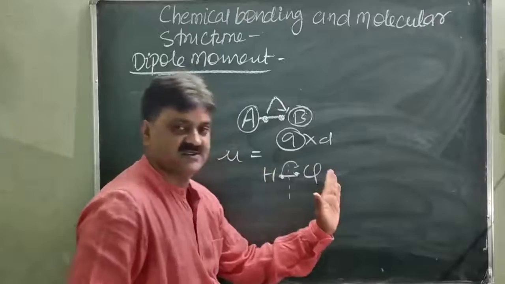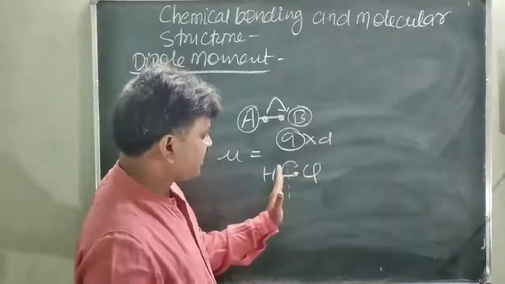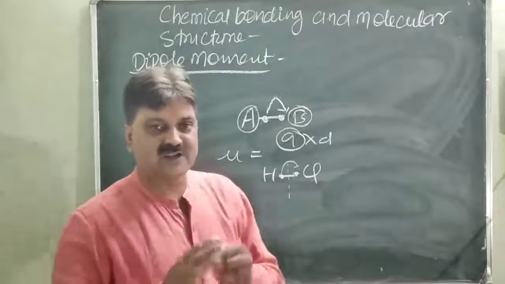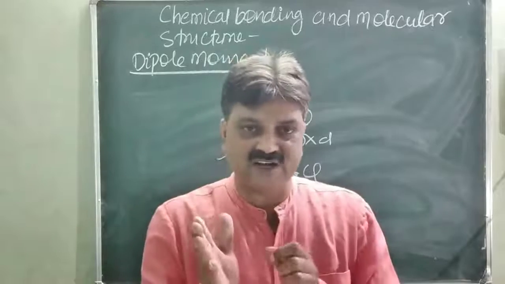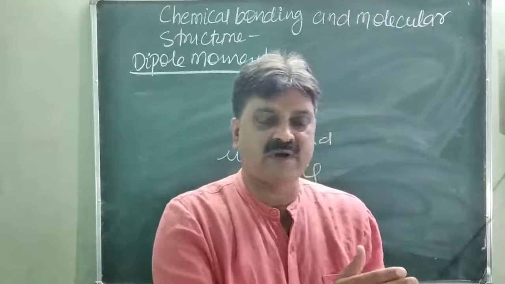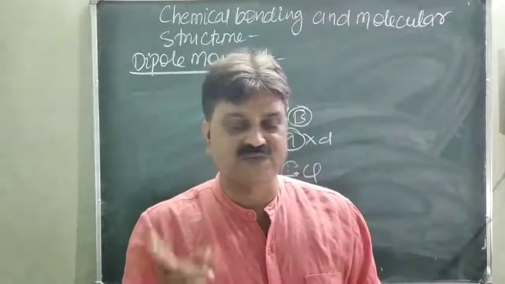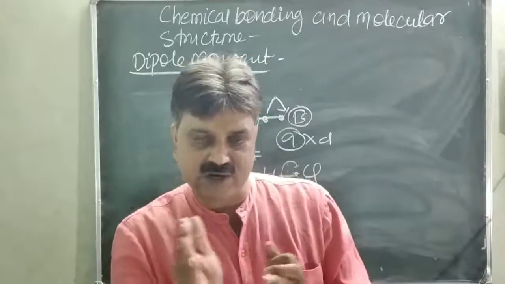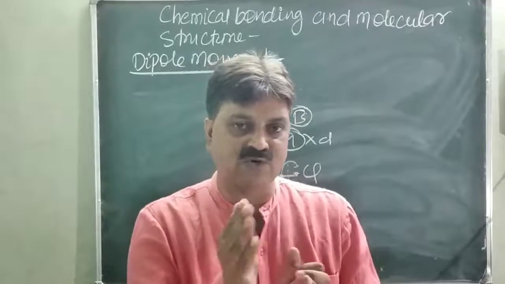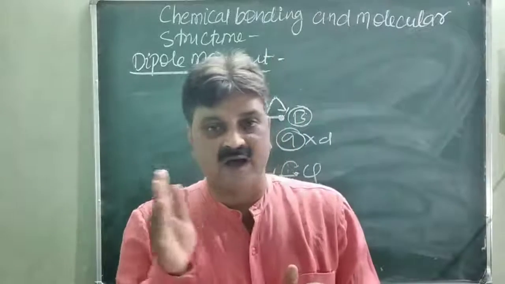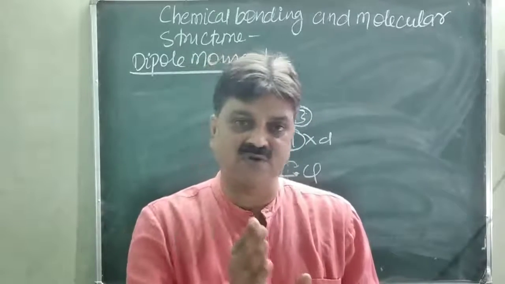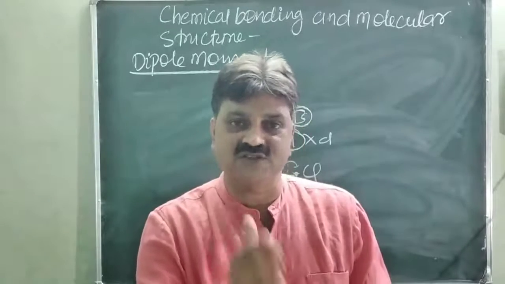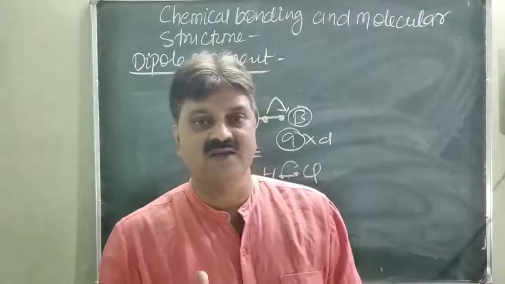So this is the polarization. The polarity of a bond can be shown on the basis of the movement of electrons. How is charge developed? Charge is developed by the movement of electrons. When the shared electron moves to one side in a covalently bonded atom, it is based on the electronegativity of the atom. The atom which has more electronegativity pulls the shared electron toward itself. So more electron density is found toward one atom, and the other atom has less density. This kind of movement of shared electron in a covalently bonded atom causes the charge polarity. This is called a polar bond.